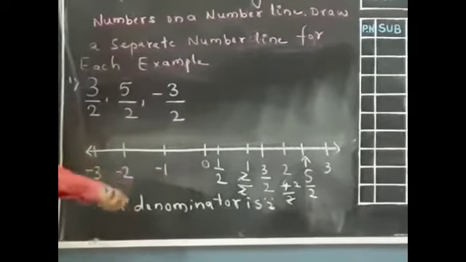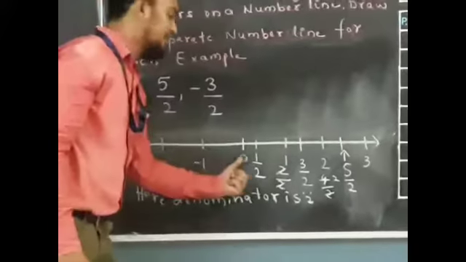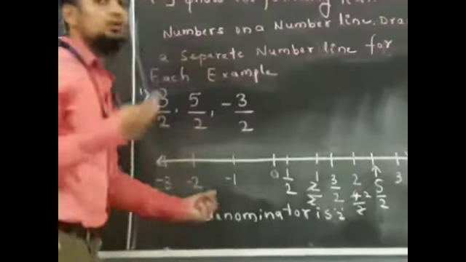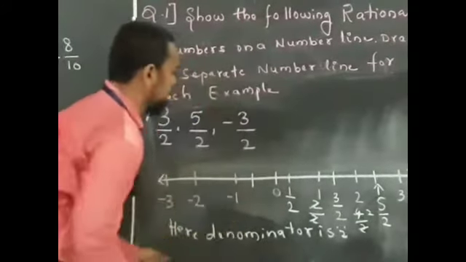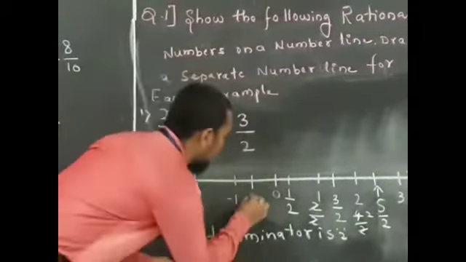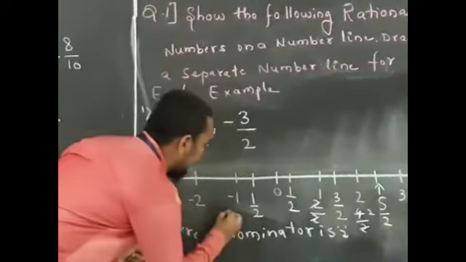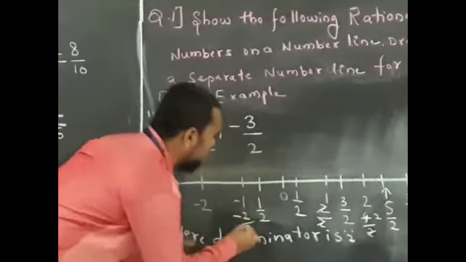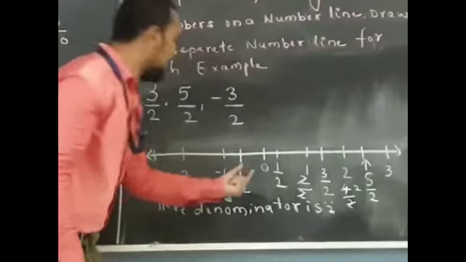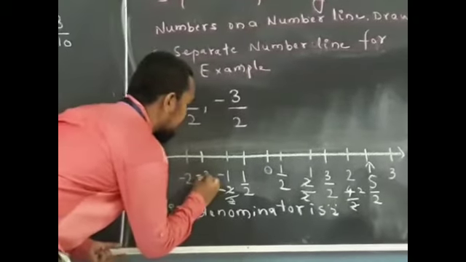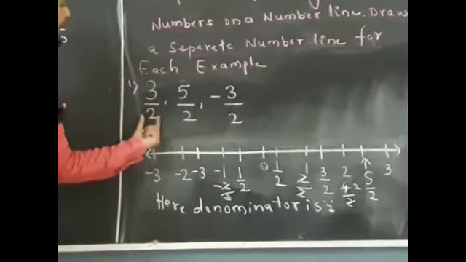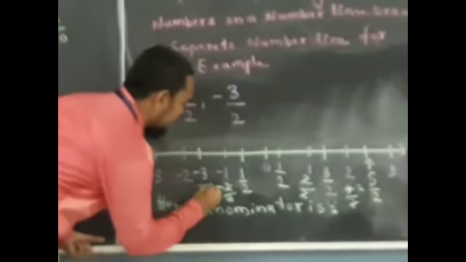Next, the negative side or left hand side. 0 to 1 is 2 units. There is 1, 1 upon 2. 1 is as it is, denominator is 2. Next, minus 2 upon 2. Here 2 ones are 2. This is minus 1. Next, 0 to minus 3 as it is divided by 2. The denominator is 2.